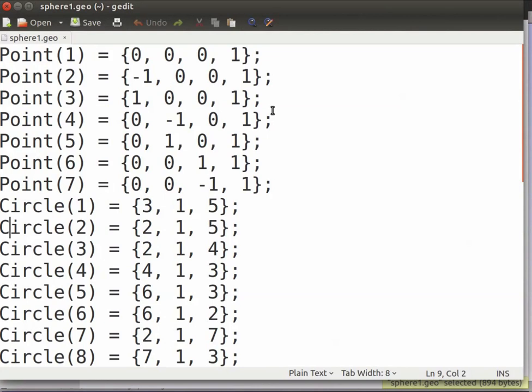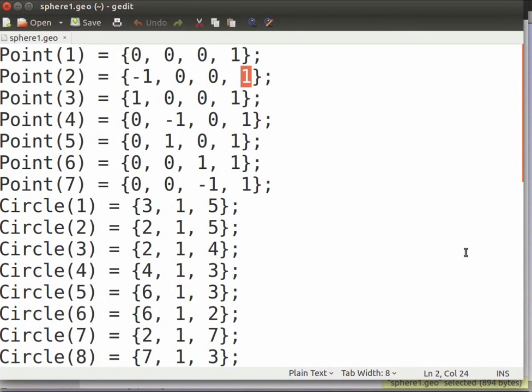Here for point the expression is point identification number inside the parentheses which is usually the next integer starting from 1 equals to xyz coordinates and the value of the mesh element size inside braces. This value is the desired mesh element size. The size of the mesh element will then be computed by linearly interpolating these values on the initial mesh.